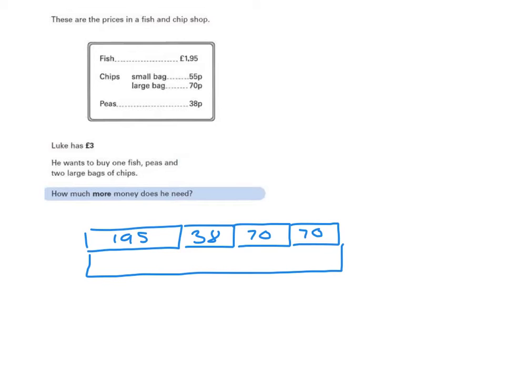Luke has got £3. How much more money does he need? So his £3 is how much money he has got. The how much more part we don't know is at the end here. This is the unknown part. So once we've worked out the total price, which will go here, we will then have the total price of his fish and chips and his mushy peas,